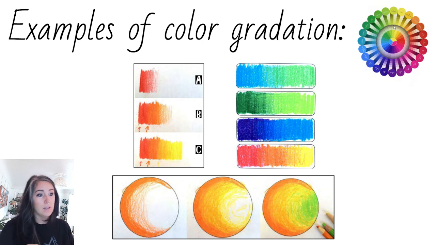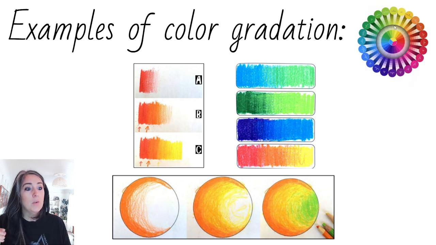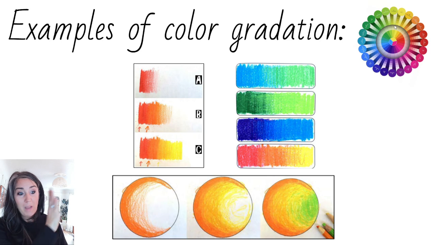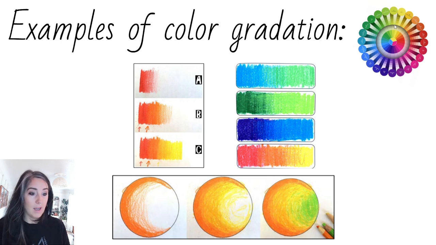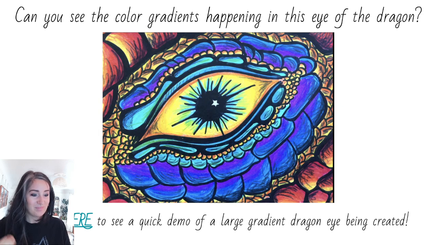So our color gradation sheet, I'll show you exactly step by step in a moment, but basically we're going to make something that looks kind of like this. As a reminder, it is our practice sheet. We're on day 1, so I'm not looking for perfection. We're just practicing, right? It's like if we were learning how to play a new song on the piano. You would not expect perfection the first time you play it, but we're going to practice it time and time again until we get better and better at it. Okay,